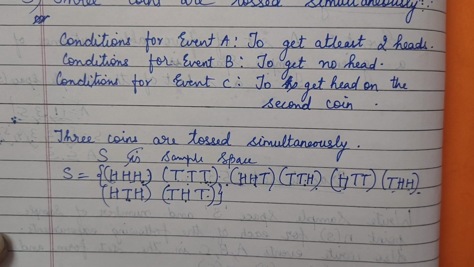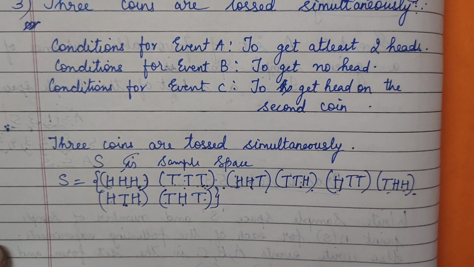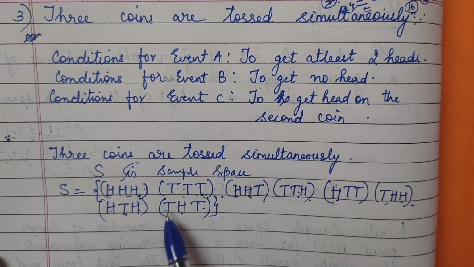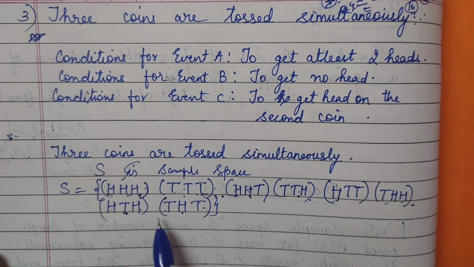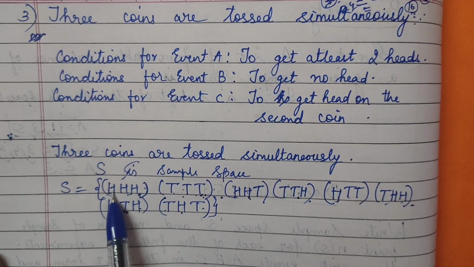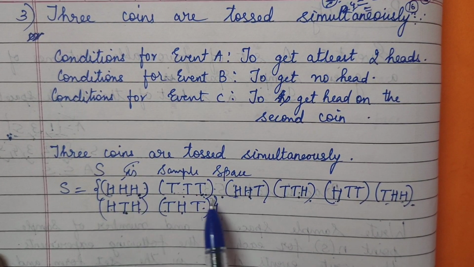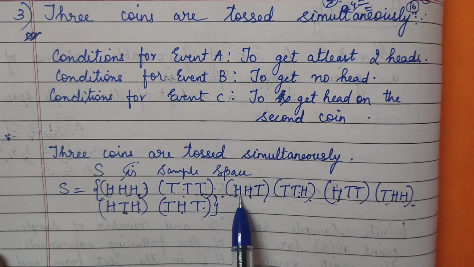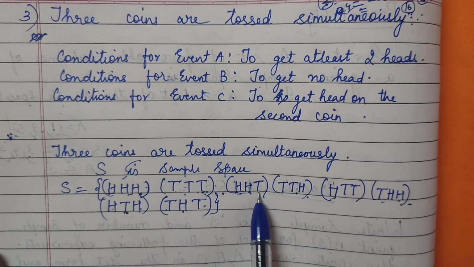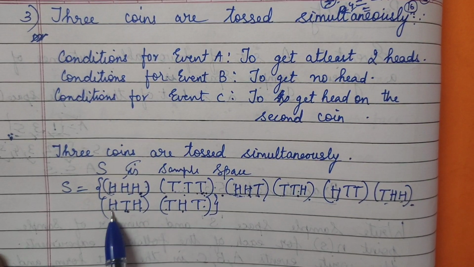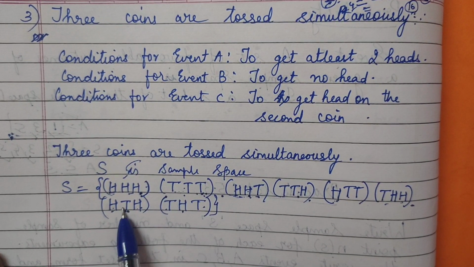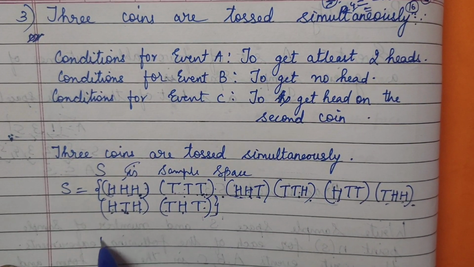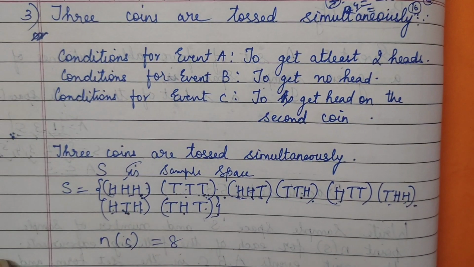Make some form which you can understand easily. It's up to you, you can do it in any method you want. But we need a proper list and nothing should be repeated. See, we haven't seen anything repeated anywhere. The first place is H, and triple H did not come again; double HT did not come again. So nothing wrong, this is right, this is a proper way to write it. So n(S) is 8.